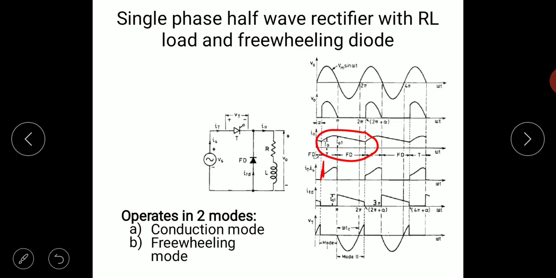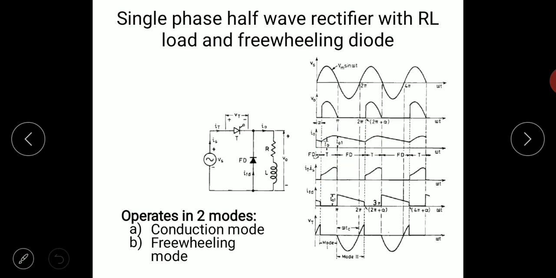And if the current would have been discontinuous, it would have had higher harmonics. If there is discontinuity, the discontinuity will result in higher harmonics. Discontinuity means there will be more deviation from the sinusoidal supply. Since here the discontinuity is less, the harmonics will be lower in this case.